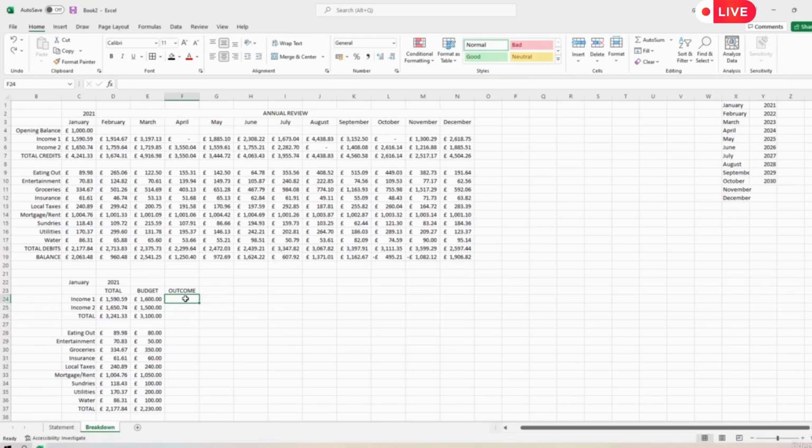If we take this outcome here, now all we're going to do here is make that equal to this one here. And to save ourselves a bit of time, I'm going to do the same thing there. And oops, sorry, let me pull that down. So those should work that way. That's only because I typed an error in there. So I've got all those, and those are done. I'm also going to do the same thing here